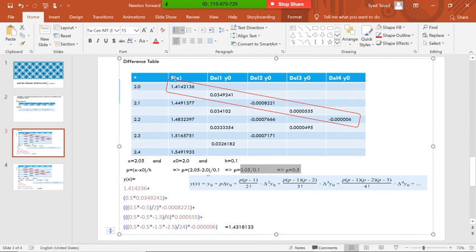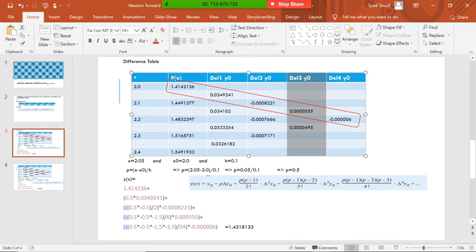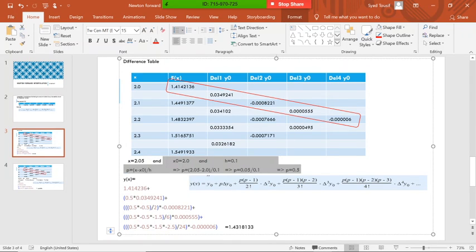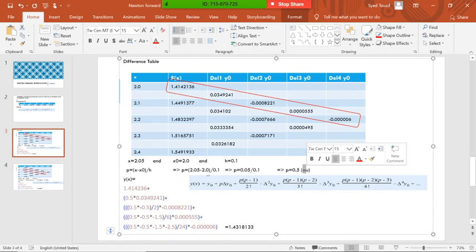We have already discussed how to calculate the p. So in the program also we will calculate this first. X naught we will calculate first, h value we will calculate, then we will calculate p as a mu variable. We'll put the p value in the mu variable. This way we will calculate.